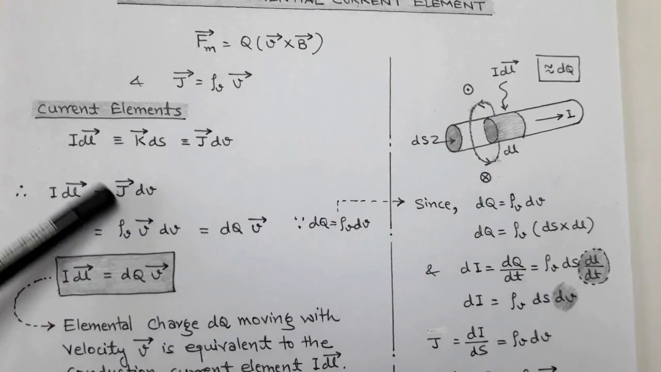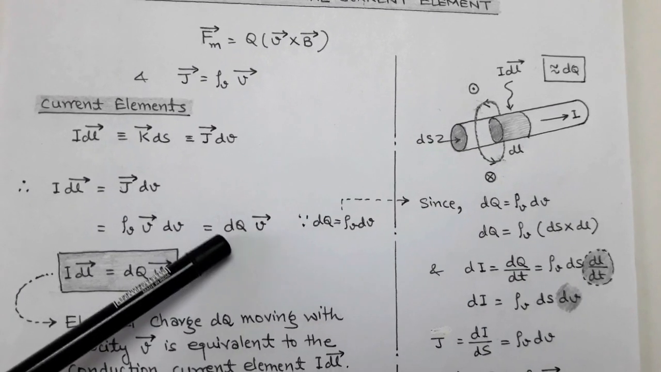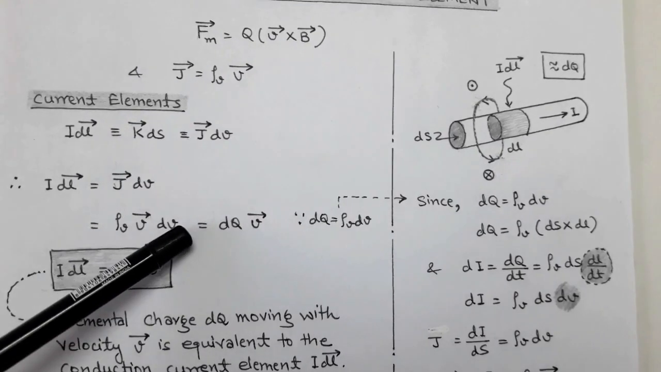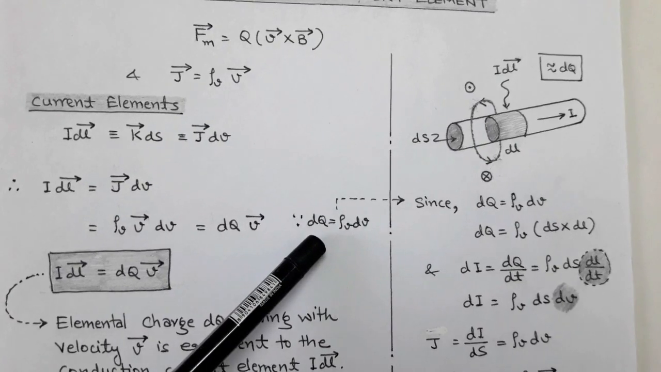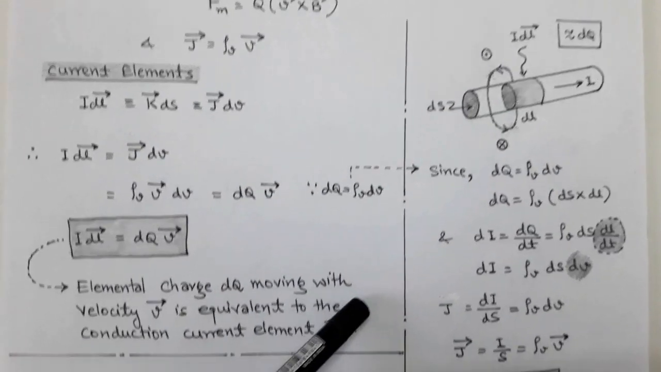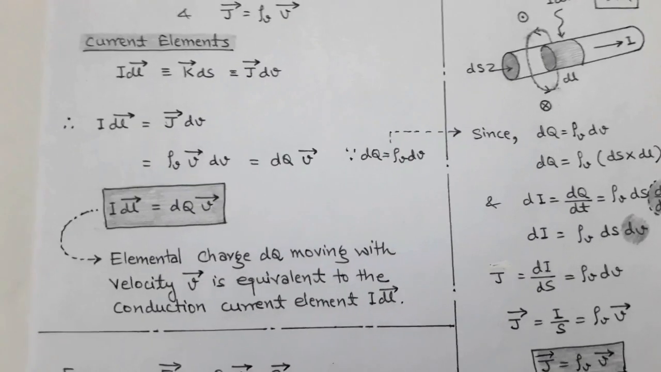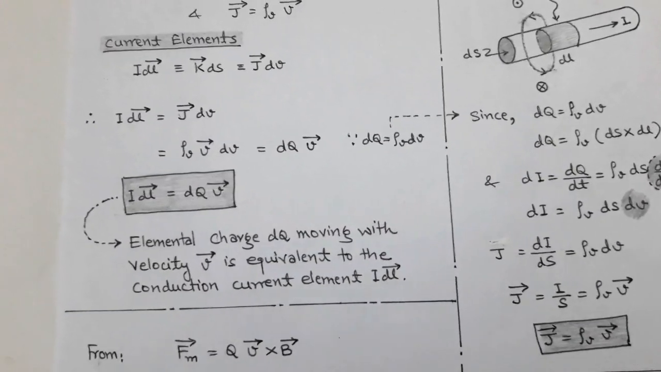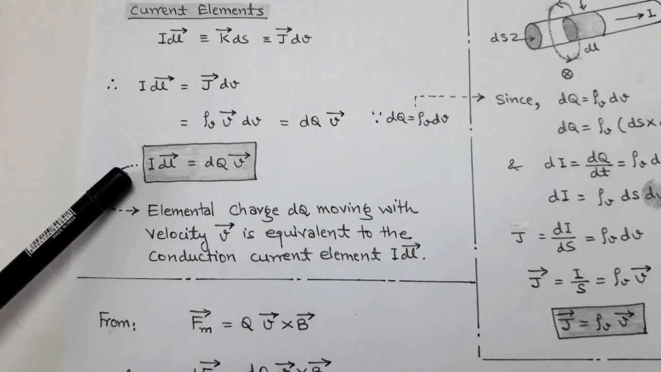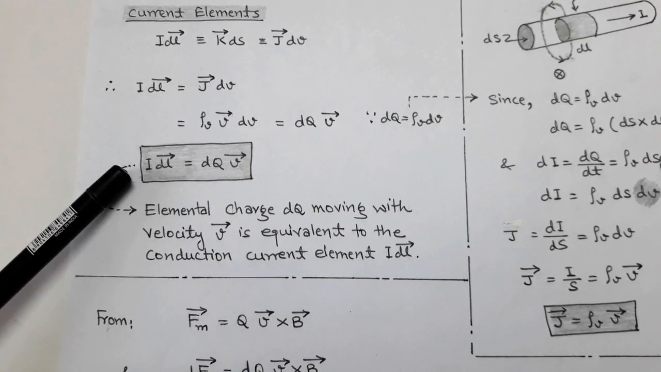So in place of J vector we can write rho v into V vector. So I dl vector equals J vector into dv, that is rho v into V vector dv. And we know that rho v into dv is dq. So we write I dl vector equals dq into V vector. So this is an elemental charge dq moving with velocity v, and this is equivalent to the conduction current element I dl. So in this way the conduction current element I dl vector